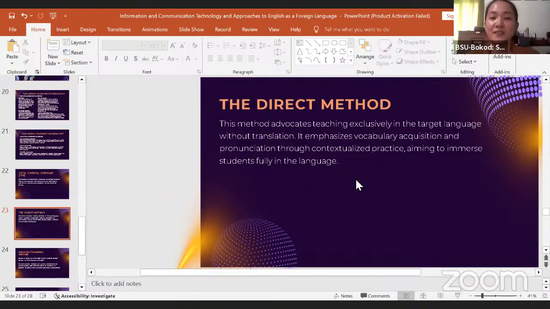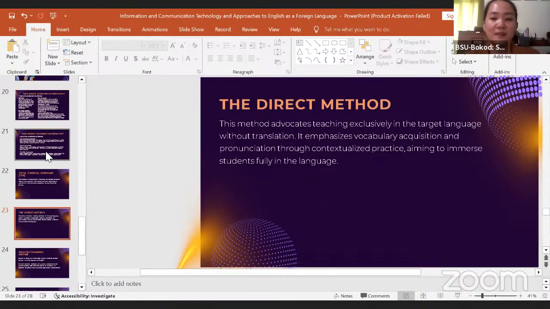It's a bit challenging, really, in the EFL classroom, but you might as well try in your class that you speak English only, like an English only policy in the class. But you cannot do this the whole semester. Maybe it will just be an approach for a particular topic.